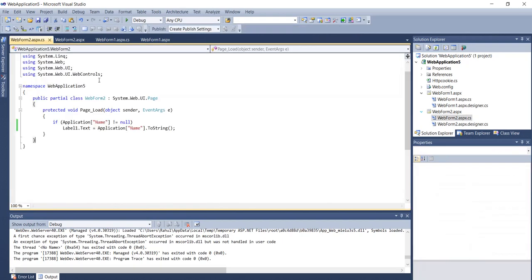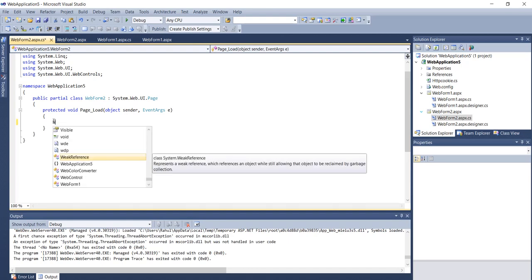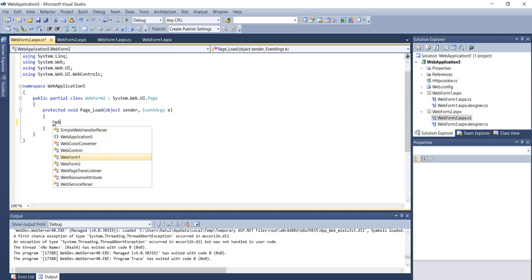Now in the second page I have to retrieve the value, so I will do the coding for that. So in page load itself I'll be doing the coding. So here I will call webform1 and create an object for it. Now I'll use this object what I have created